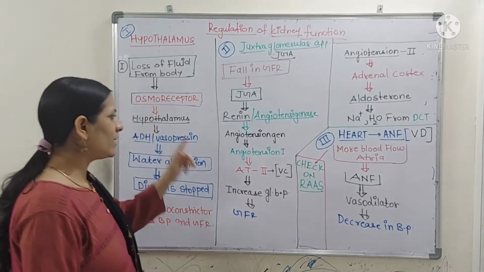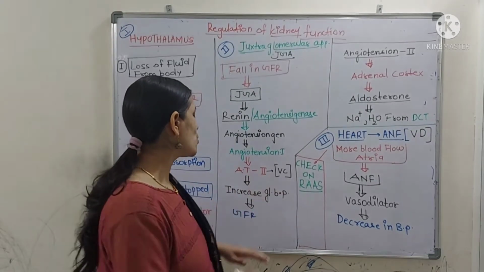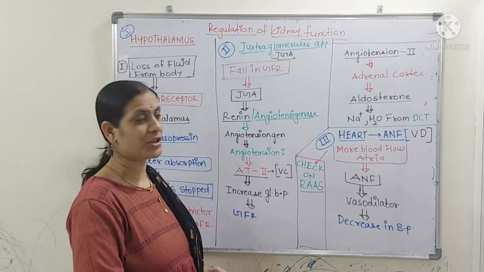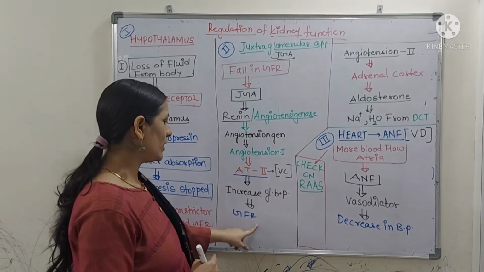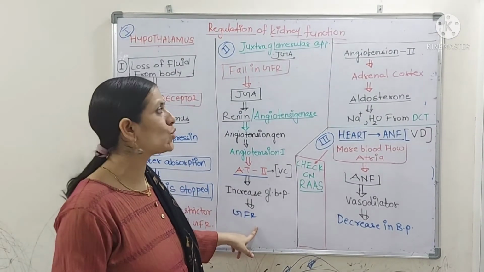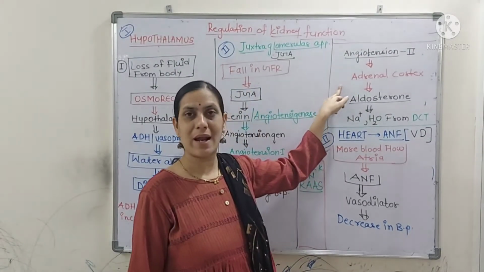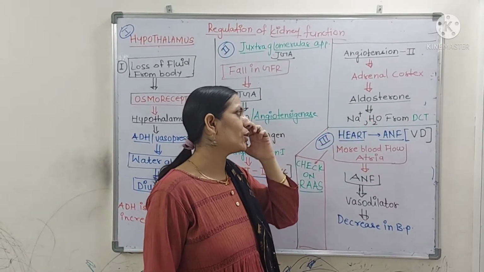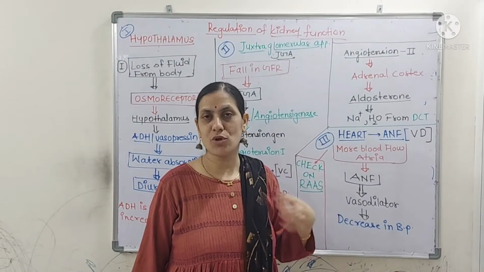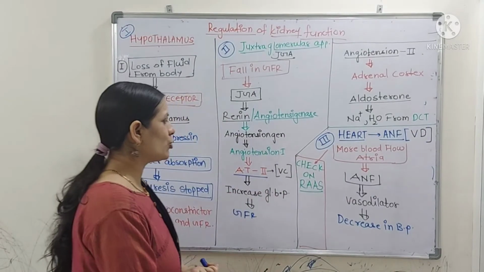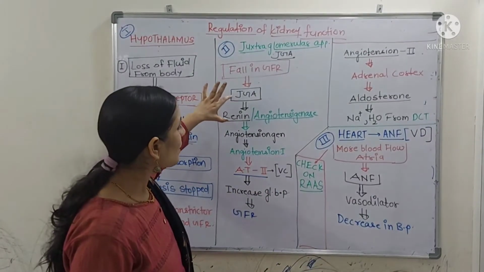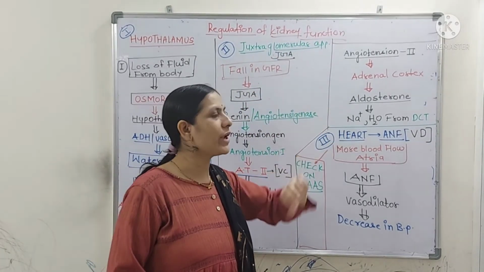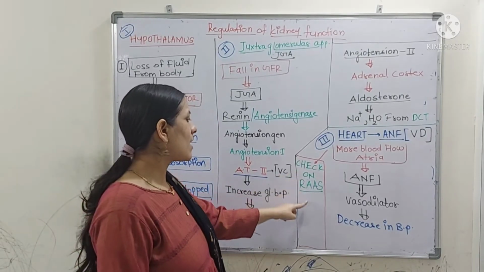Okay, now one more thing here I want to explain. Here I have written angiotensin 2 VC, in the sense it is a vasoconstrictor. It's a powerful vasoconstrictor. It will do two things. In this way it will increase the glomerular filtration rate, and it will also activate the adrenal cortex, by which aldosterone will get released. And aldosterone helps in the absorption of sodium and water from the distal convoluted tubule. So overall, renin, angiotensin and aldosterone working together, you can call this system the RAS system,